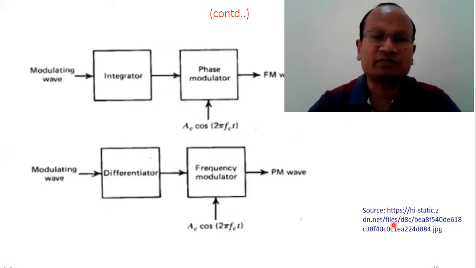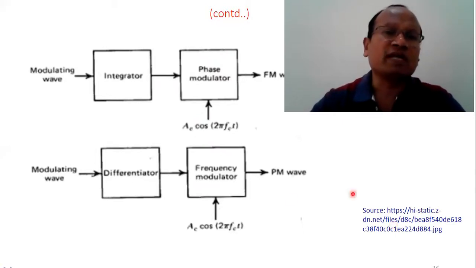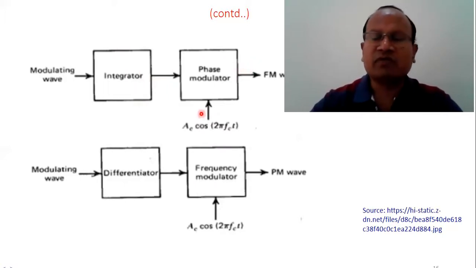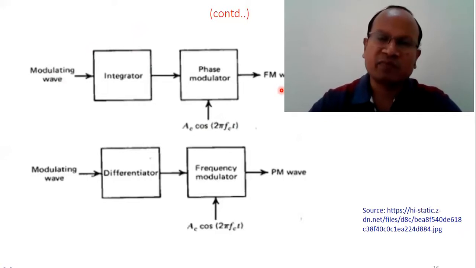I was telling you that we do phase modulation and indirectly we get an FM signal. So the modulating signal is integrated. It is passed through an integrator, and then it is phase modulated. When we are talking about phase modulation, we apply the carrier signal, where theta is changed by some angle, and that change in angle is proportional to this integrated value of the modulating signal. That is your FM.